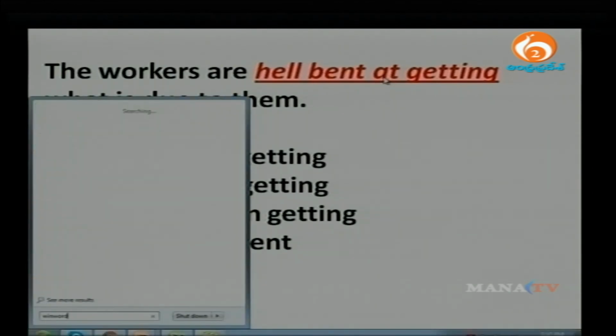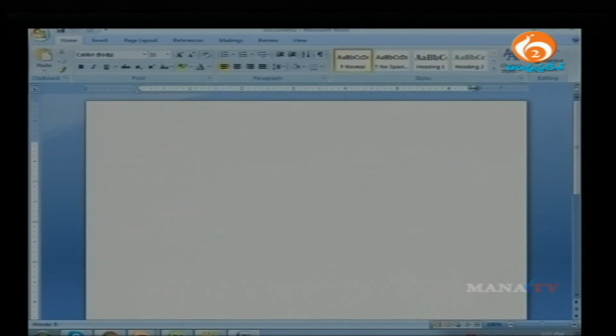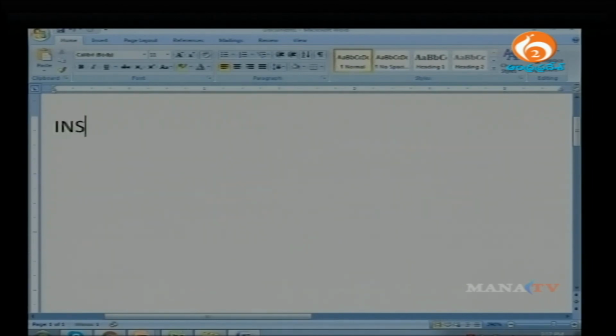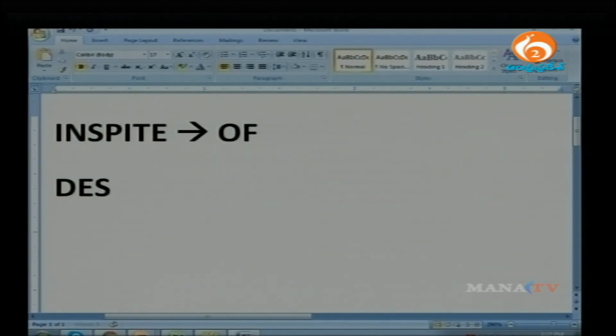Let me quote you an example. I'm going to open my Word document so that it's easy for you to see what I'm going to type. Okay, say for example we have the word in spite. Wherever you have the word in spite, it has to be followed by of. Now a lot of people make a mistake. If they have the word despite, they add an of. This of is not necessary. This is incorrect. For example, in spite of